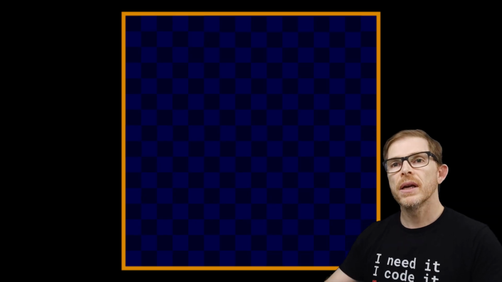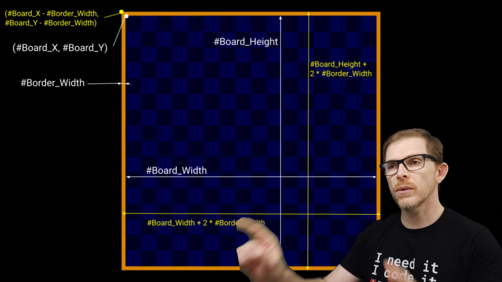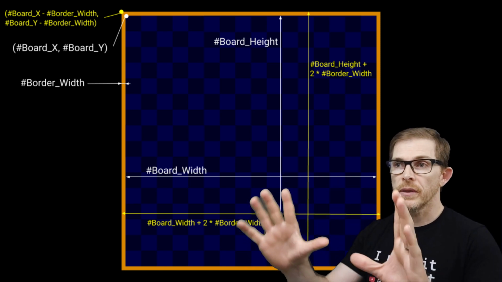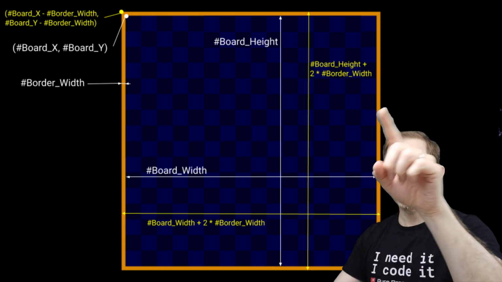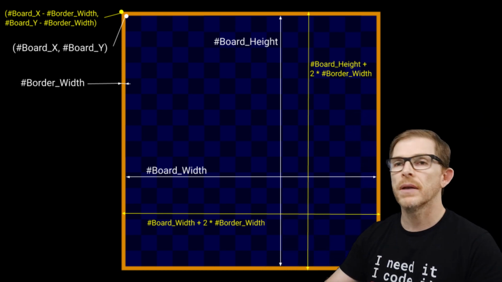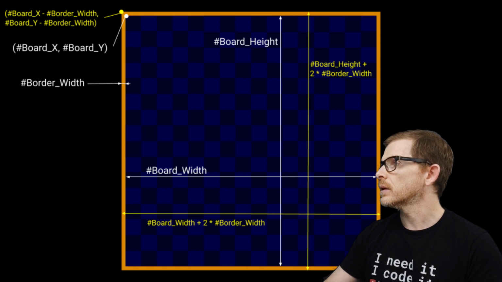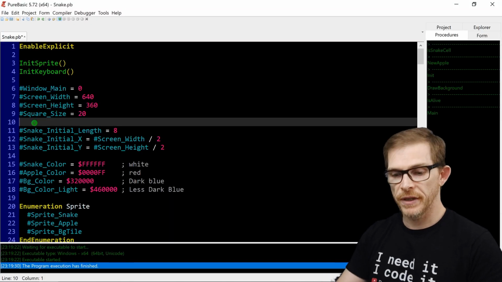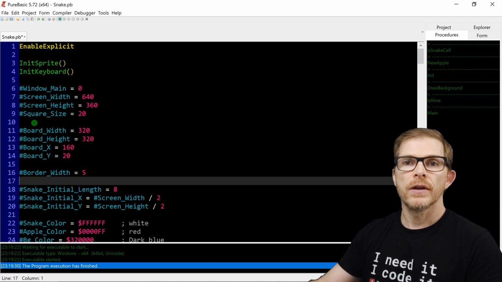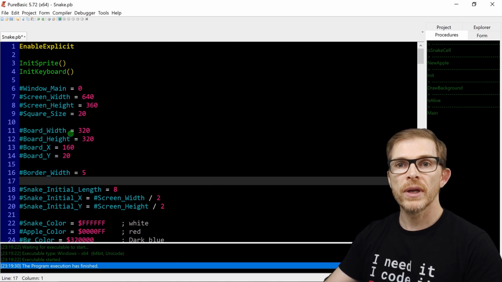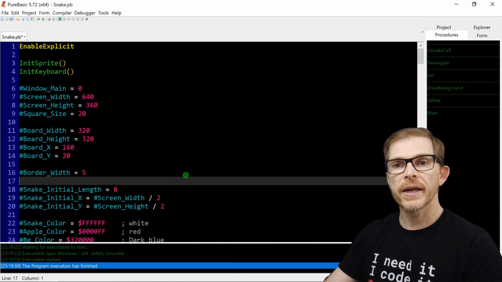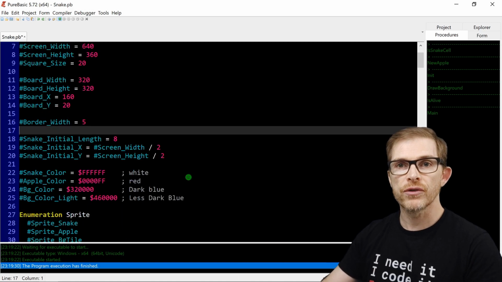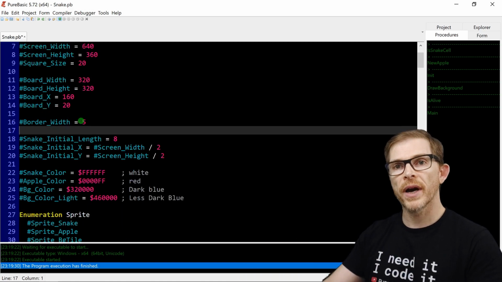So to do that, I will need some more constants. I'm going to call it the board, and I need the board width, the board height, and the X and Y at which it starts. So let's do that. I will copy paste some code to be faster. So something like that. Board width, board height, board X, board Y, and also the border width of my board. I will draw a 5 pixel wide border